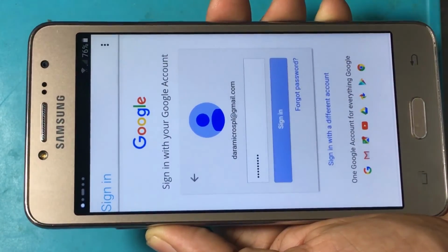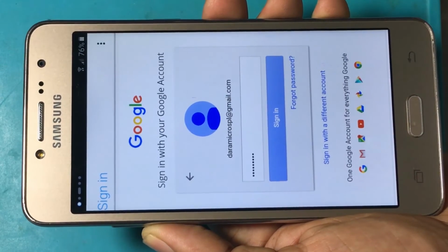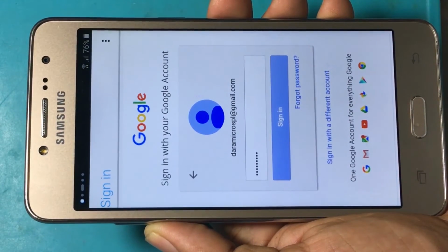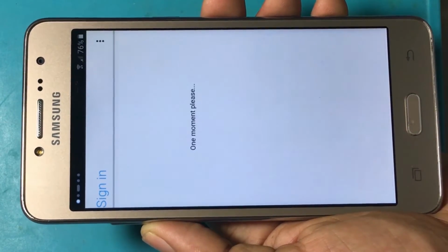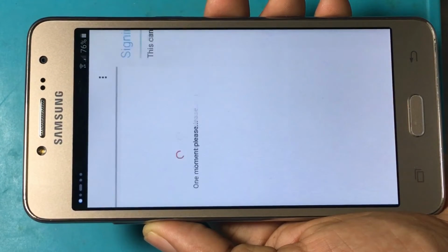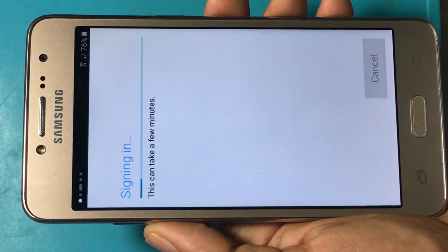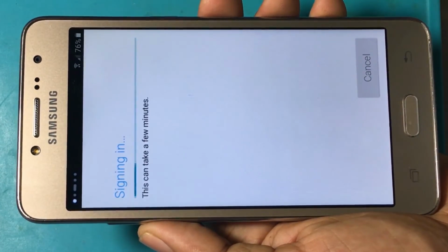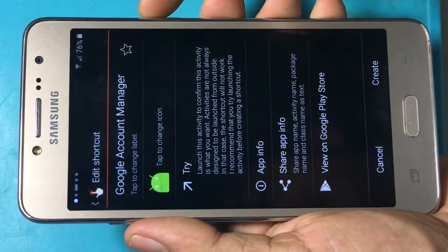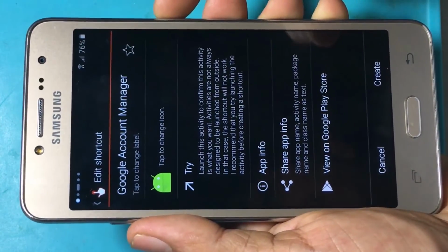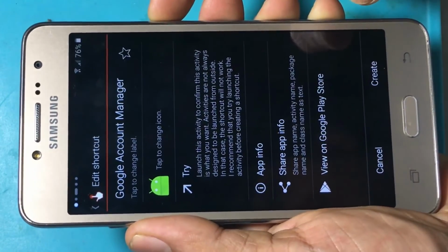And press sign in. Now restart your phone. After we sign in already, we have to restart your phone.